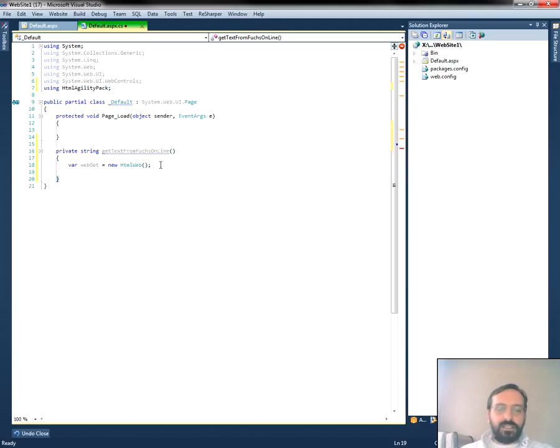And now we create another variable which we can call document or doc,